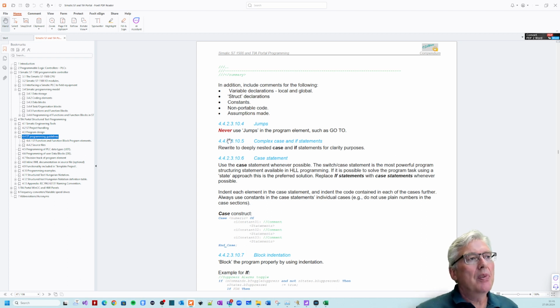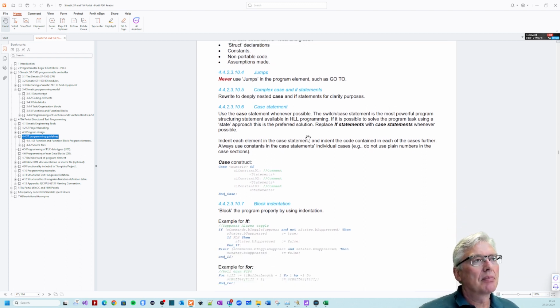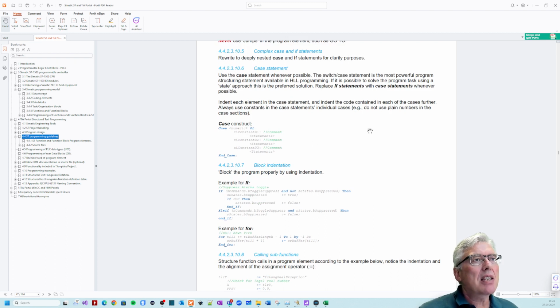Jumps, never, enough said. Complex: if you nest cases and if statements more than 3 levels, maybe you should consider rewriting the code. Use case statements whenever possible, because they force you to organize your program. And the case in structured text does not need a break, so you can't do fancy programming here just to fint out